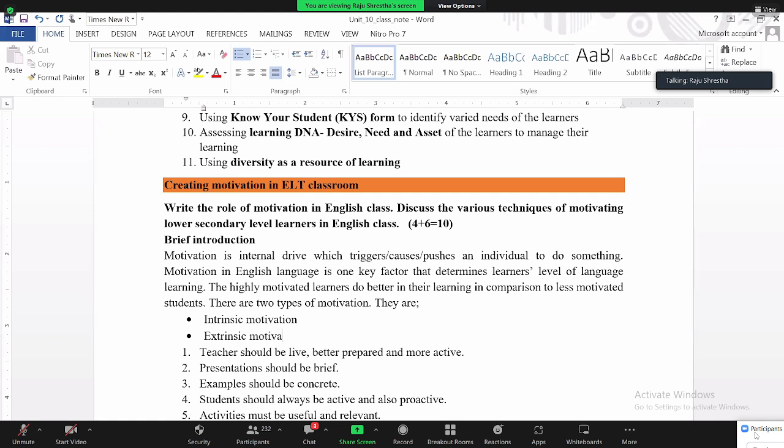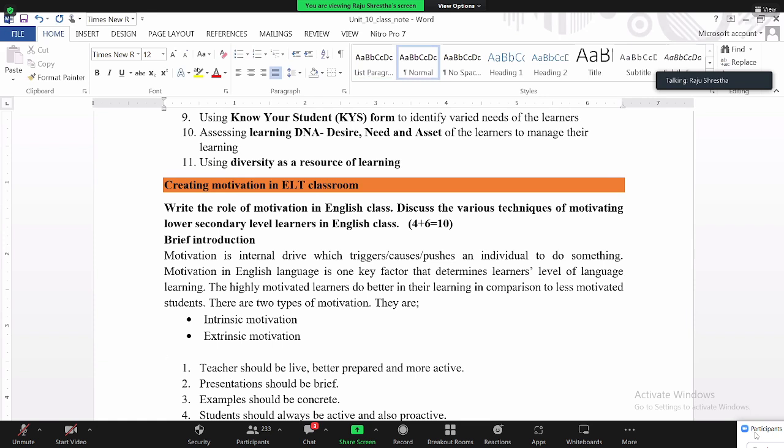There are mainly these two types of motivation we see. And again, you write in the bullet or in paragraph form. It is the intrinsic motivation,